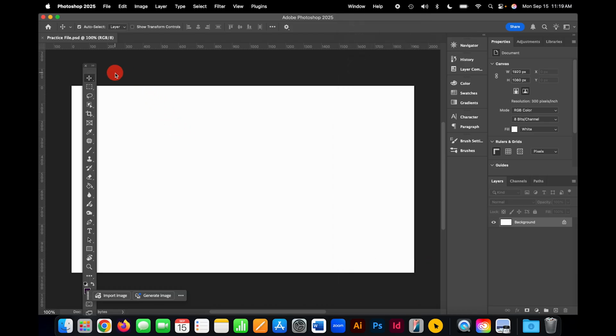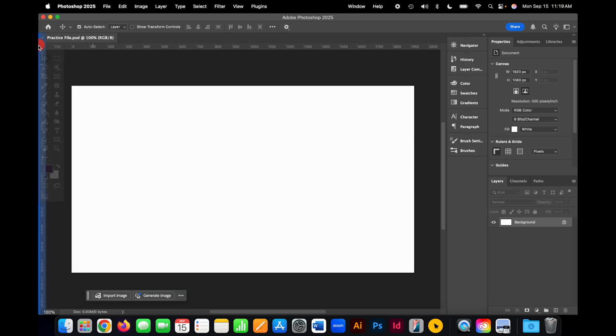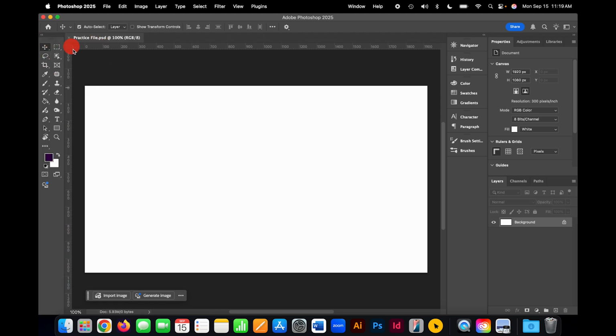At the top, this double arrow lets you toggle between a single column or two columns of tools. Personally, I prefer having two columns of tools, and I also prefer keeping the toolbar anchored to the left side of my screen. So as I move it, you'll see this blue highlight appear, and I just need to let go. And there is my toolbar anchored in with two columns. To use a tool, click once to